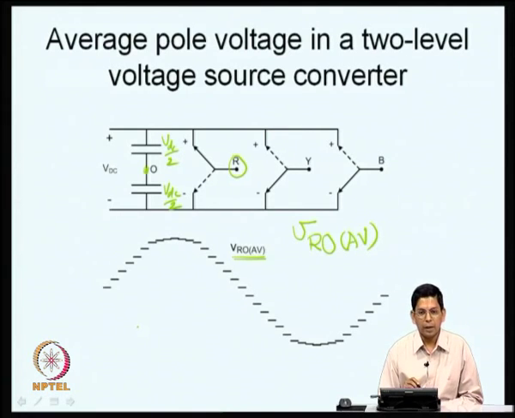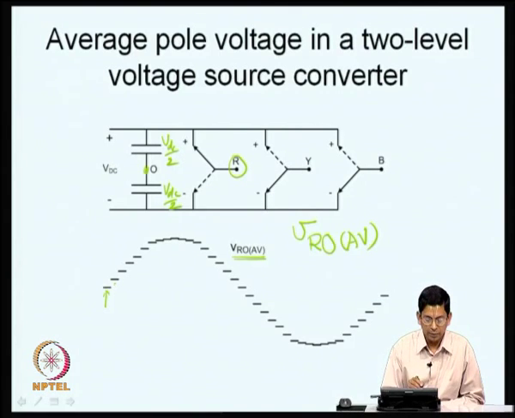Due to this time averaging, you can realize any value that is anywhere between plus VDC by 2 and minus VDC by 2. And what you do here is, this average voltage is varied in a sinusoidal fashion, since you want sinusoidal output voltages. One simple thing for you to do is to vary the average pole voltage in a sinusoidal fashion as I have shown here. For example, in a small switching cycle, this is the average voltage that I am applying. In the next switching cycle I am applying a slightly higher voltage, and it goes on increasing as I have shown, and it takes a sinusoidal nature. So, this is what you can end up doing now.